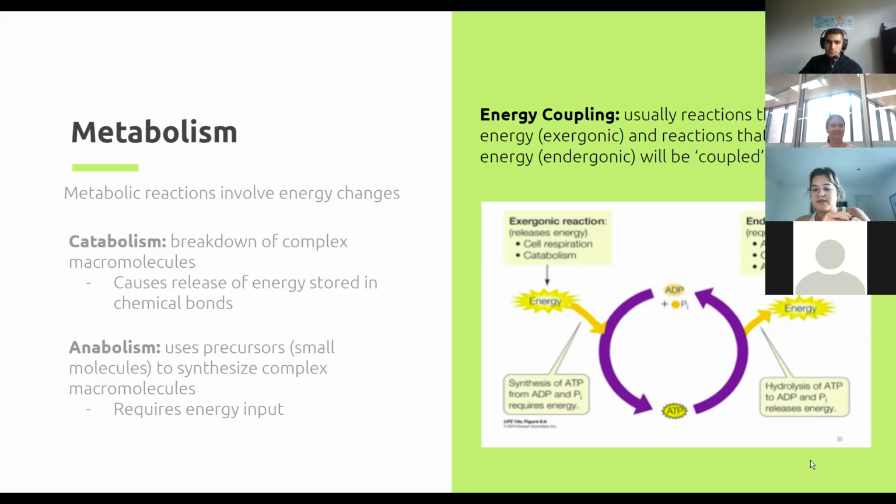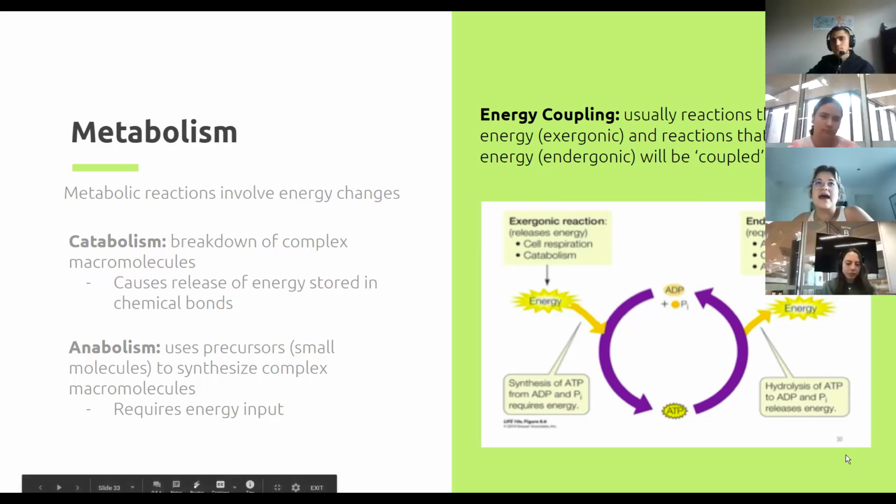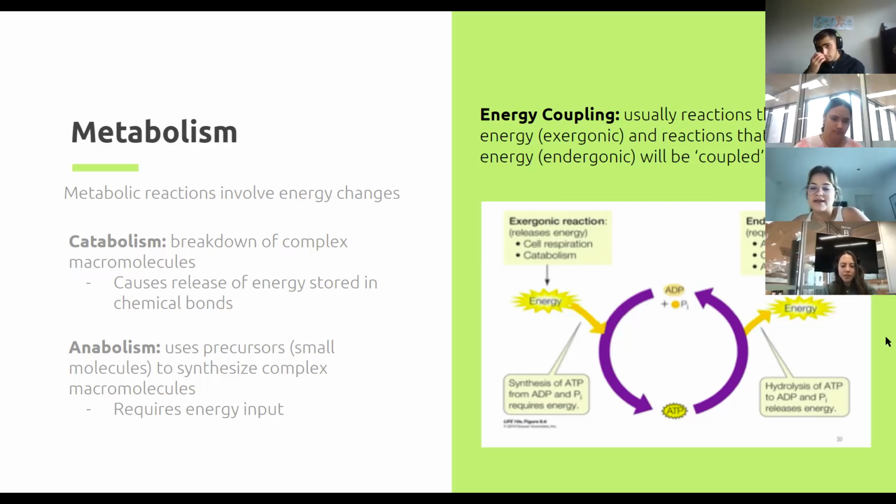So the opposite of that, like cation, anion, kind of similar, is anabolism. And that's when we have smaller molecules, which we call precursors, and we use them. So they would be your reactants, and we can make larger molecules. And again, if you're going to build something up, you're probably going to need energy to do so, which is why anabolism requires energy. So just remember those two definitions and understand mostly where energy is being released and where it's being